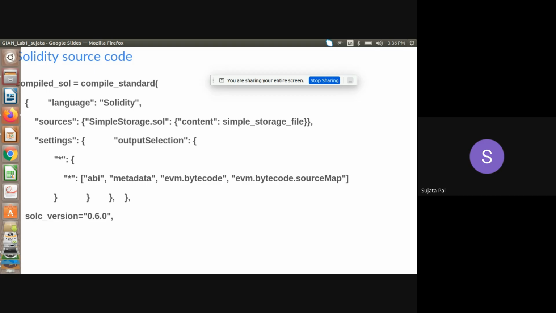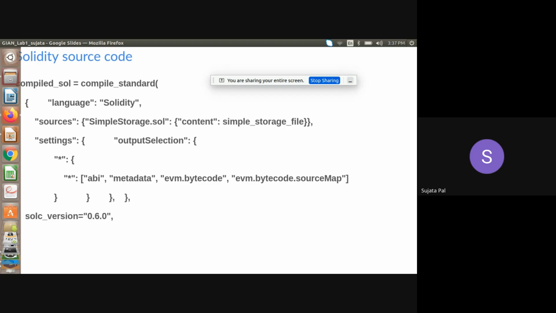Okay, so this is like that. Then the metadata, where our code will be converted into a kind of data, the object file you can say. Next is the EVM bytecode. EVM is the Ethereum Virtual Machine, which Sushmita ma'am or another ma'am is going to explain to you in a further lecture.